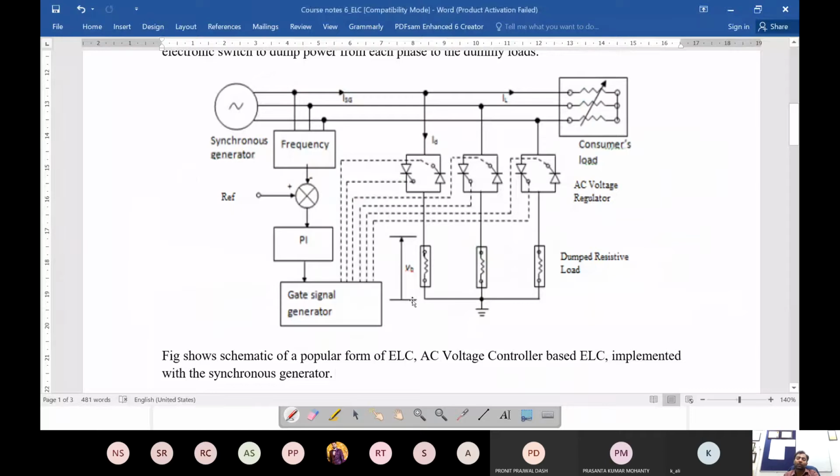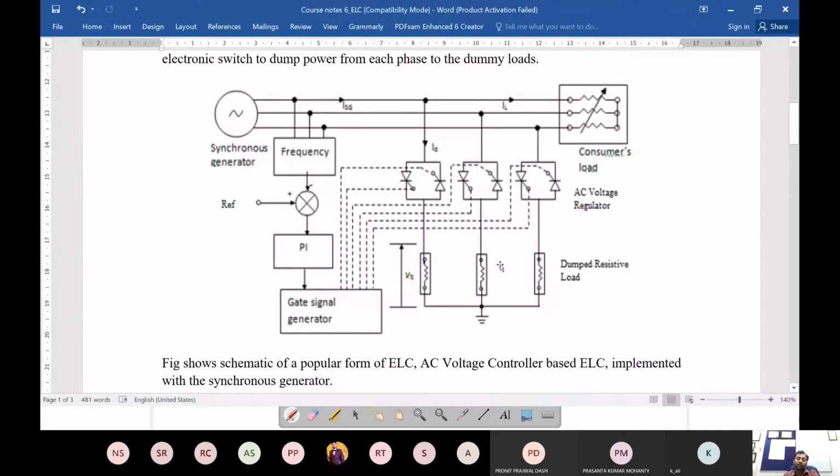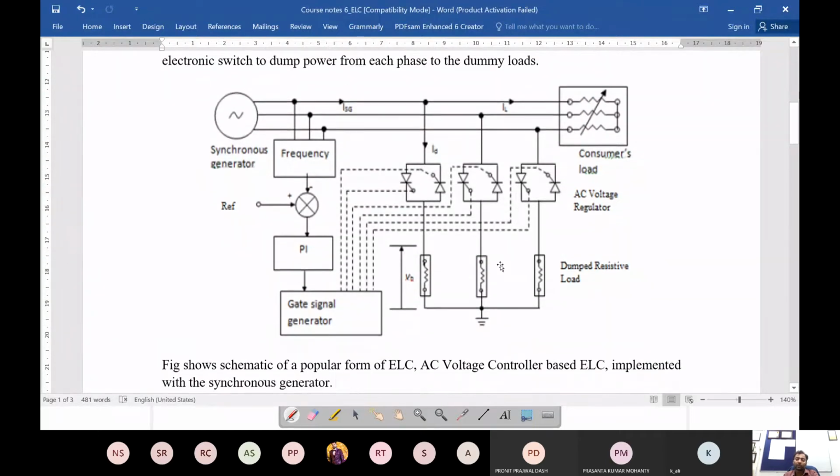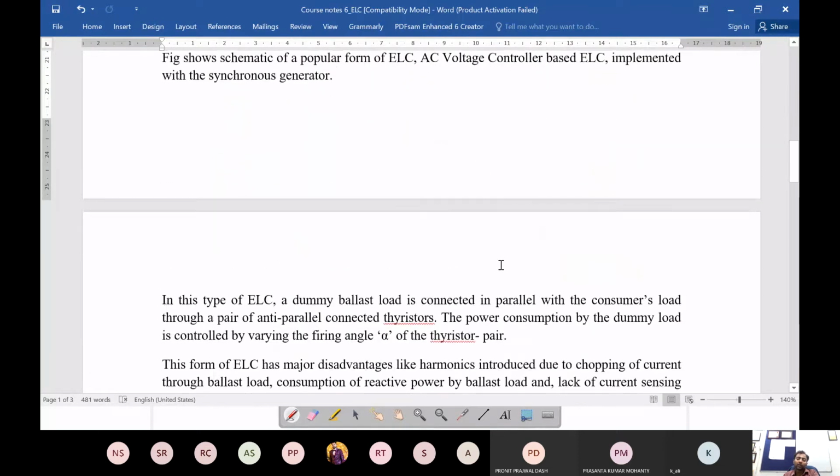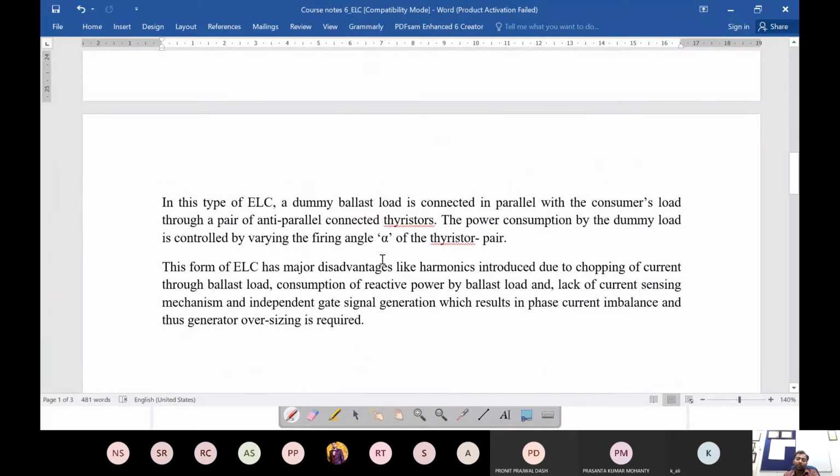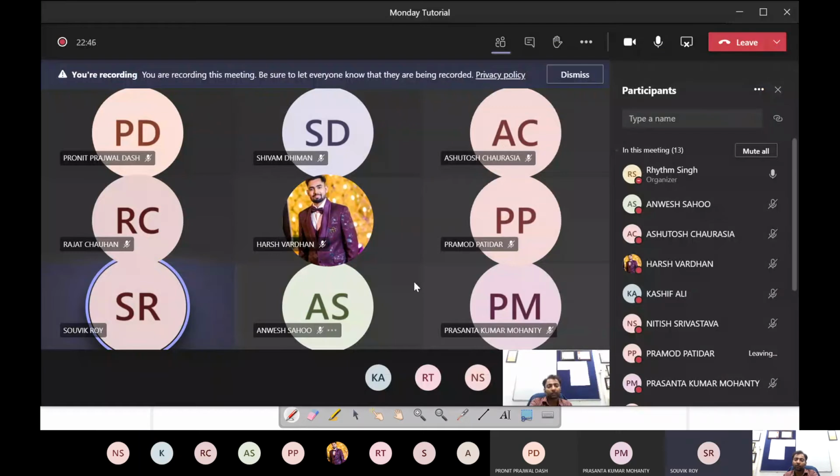So this was the first one, the simplest or the most common one, which is the AC voltage controller based ELC. But as we discussed, there are major drawbacks, and these are really very severe drawbacks actually, because if you look at the code,